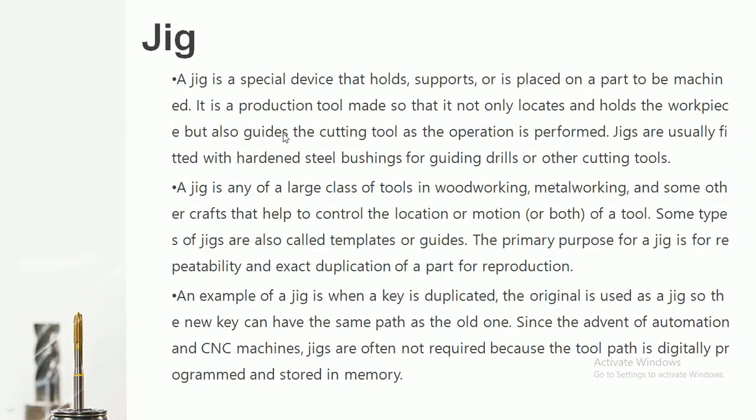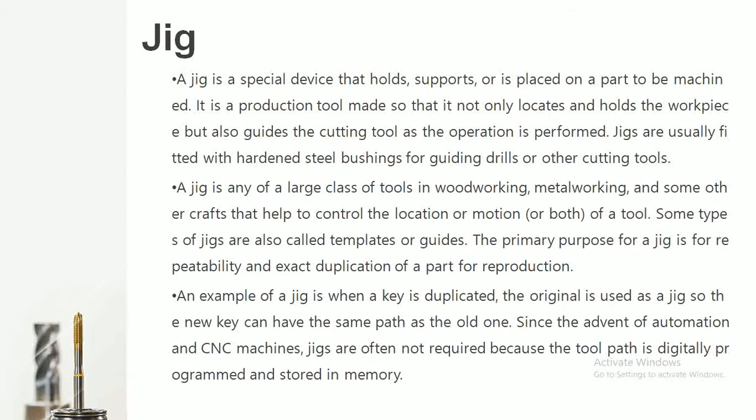So you can see that whenever a rotating drilling tool passes through the bush, at that time there are chances of that bush material getting removed due to the rotating tool. So the bushing is also made up of hardened steel so that the drill is properly guided and supported and no material of the drilling bush is removed.